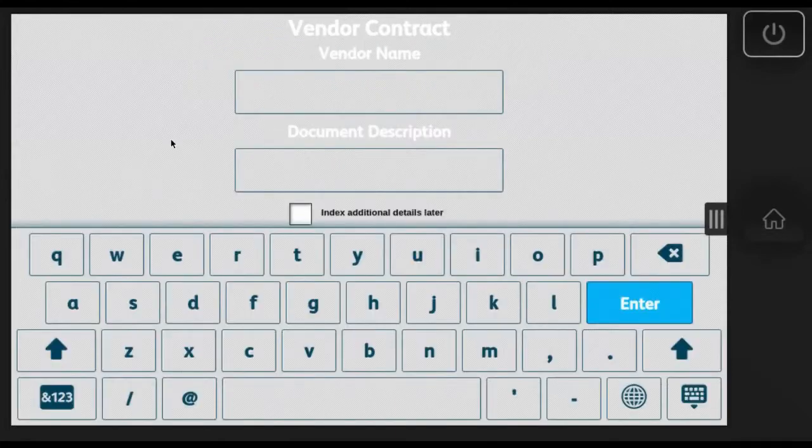For this demonstration purpose, we will start with vendor contracts. Everyone has a vendor. You have vendors who wash your windows, who clean the restrooms, who provide internet or phone service, and many others. Select the vendor contract option, click within the vendor name,